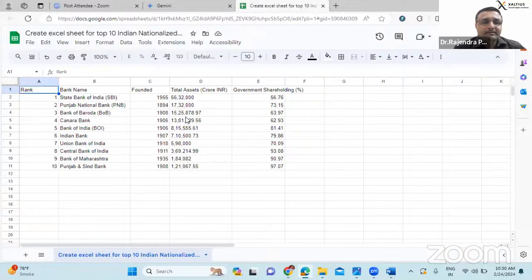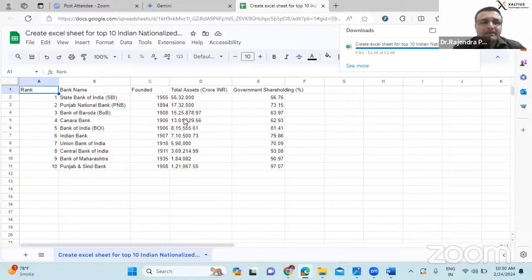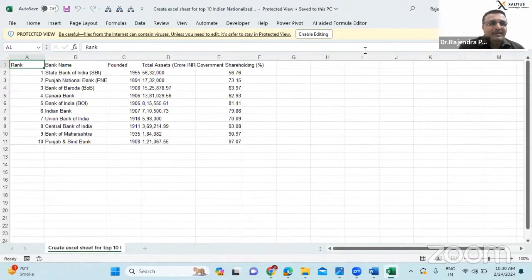I'm downloading to Excel. So my data is now going to actual Microsoft Excel, because this was the Google Sheet. And see now what I can do with this. I'm opening the file in Excel. So getting the data is not a challenge now. And here is the data that is available.